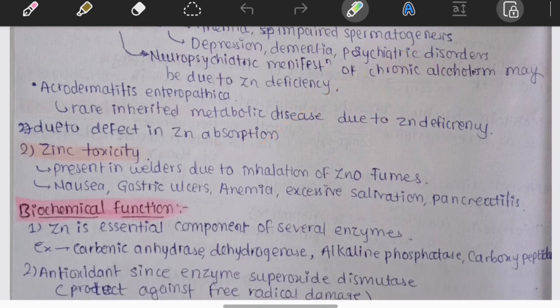Now let's discuss the opposite problem. Can too much zinc be harmful? Yes. One classic example is seen in welders. During welding, workers may inhale zinc oxide fumes, ZnO fumes. This can produce zinc toxicity: nausea, gastric irritation and ulcers, anemia, excessive salivation, and pancreatitis will occur. Whenever you hear the history of a welder with fever, nausea, and metallic fume exposure, always think about zinc oxide